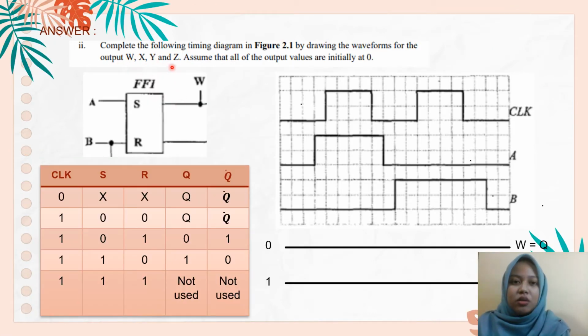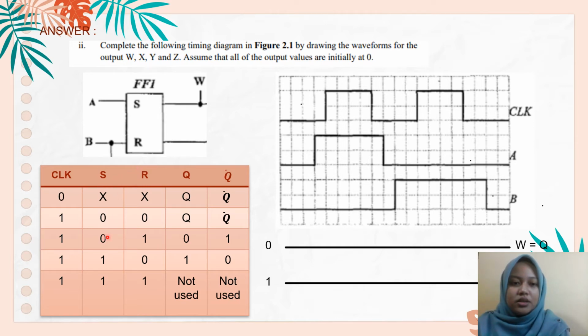Okay, complete the following timing diagram in figure 2.1 by drawing the waveform for the outputs W, X, Y, and Z. Assume that all the output values are initialized at 0. Okay, first you can see SR. This one is the truth table SR and this one is the waveform SR. Okay, you can see S and R don't care, and Q and Q bar are maintained, and